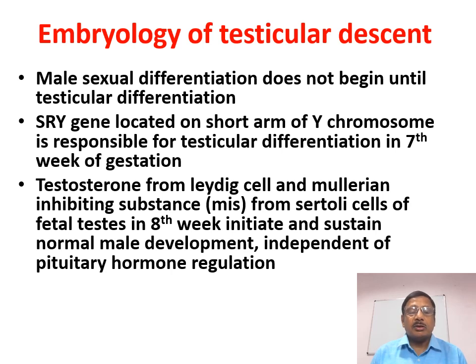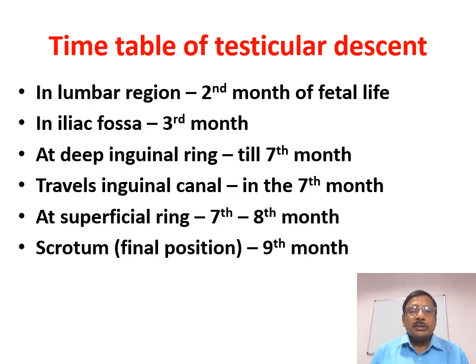Whenever there is an infant or a baby in the womb, it has Mullerian structures as well as the structures which are going to develop into testes. So now this Mullerian structure has to be inhibited, and that is done by Mullerian inhibiting substance. This is a substance which degenerates the Mullerian material or Mullerian remnants, and then development of testes occurs. This is the timetable of testicular descent.